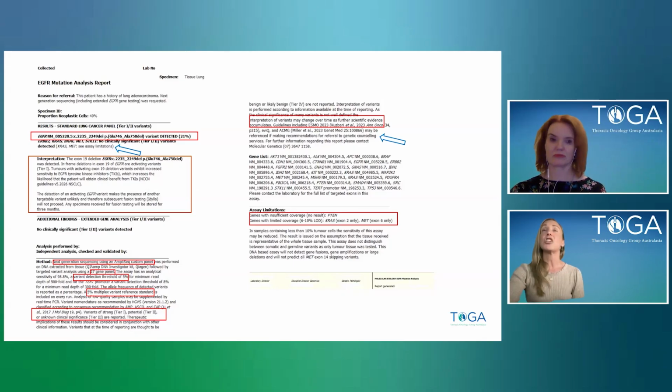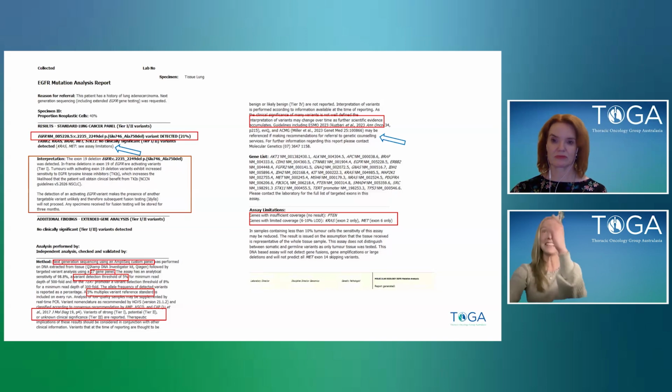So here you've got a deletion of those nucleotides, causing a deletion from glutamate 746 amino acid location all the way through to alanine 750. And this is an in-frame exon 19 deletion, which will be described in the box below it, but up here it also says variant detected, and then it has the variant allele frequency, which in simple terms is the number of cells or DNA copies that this particular variant is identified in. So if you remember, the tumor content was 40%, so this would be half of that, so a heterogeneous